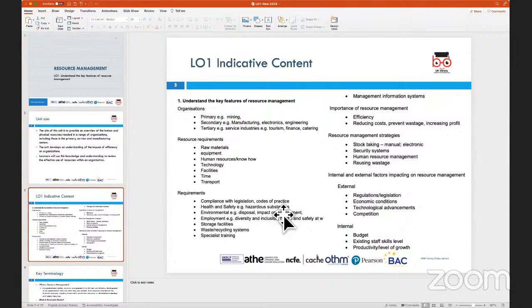And the first learning outcome, we're going to be focused on understanding, as I mentioned, types of organizations. We're also going to be looking at different sectors. We're going to look at physically, at least from a point of view of identifying different types of resources and requirements which are used by companies and organizations and businesses to produce goods and services. And then some part of it will be related to understanding importance. How do we reduce wastage? What are the steps which organizations put in place to make sure that they are utilizing the resources to their utmost capacity, reducing wastage, reducing material going to landfill, and in some cases also looking at understanding how can waste